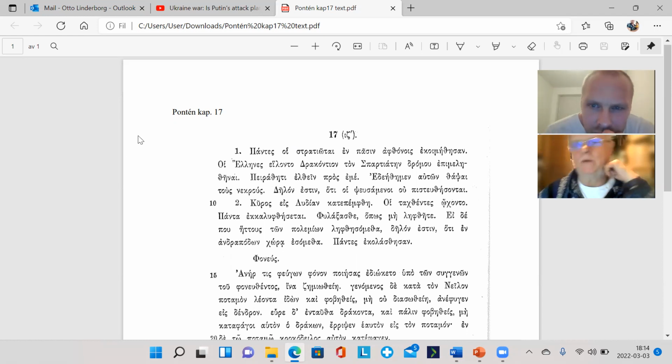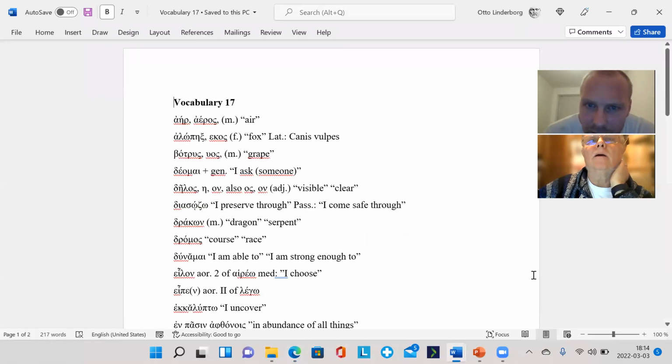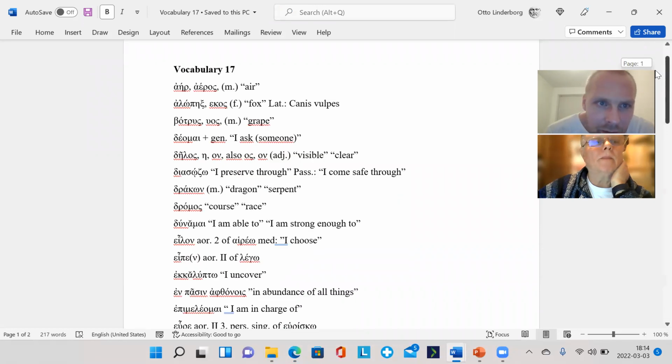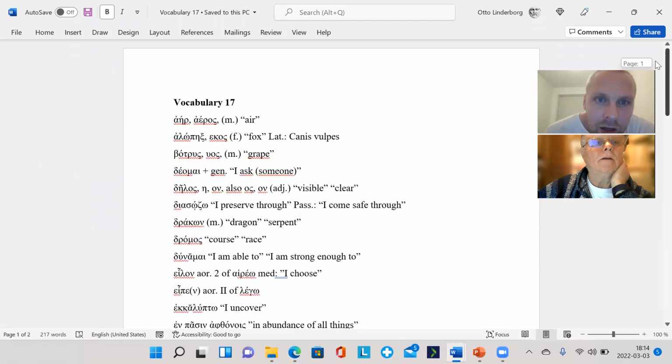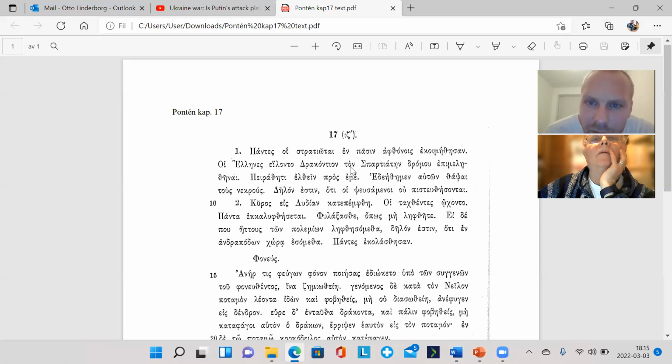I couldn't work out what that was, the only thing I could get was "without envy." Yeah, aphthonois can be "without envy." I seem to have missed it in the vocabulary as well, but it can also be like "in great heaps"